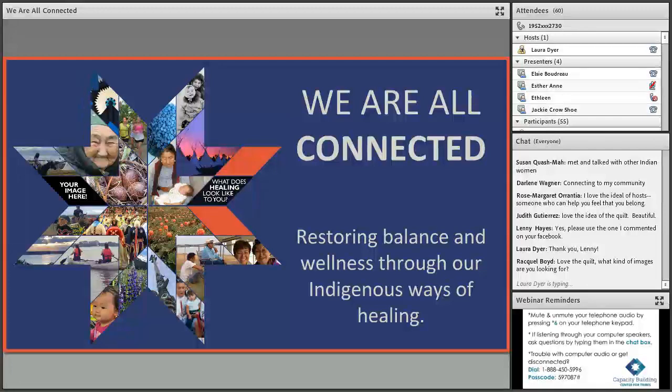There's a young man listening to an elder. There's a dad with a baby on a drum. So these images can be whatever you want them to be, whatever you feel restores your balance and your wellness through your indigenous ways. And so I'm so excited to be able to have this quilt when we are done with this 3-part series.